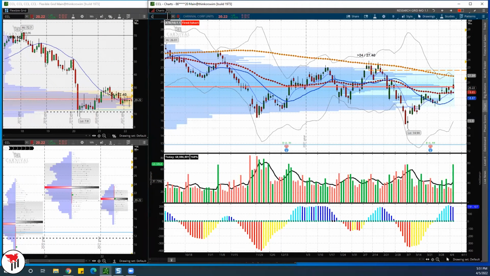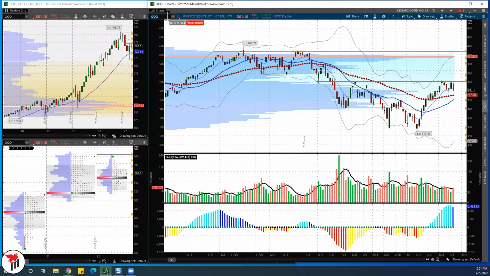So let's start with the Qs. We already did the Qs, and we have a game plan for the Qs. We're going to be looking for either the 372 again, and if not, we can take probably a momentum trade under 360 for 355, 350, 340, and let's see what's going to happen with that one. So that's the Qs. Momo, 372, under 360, momentum too, because it's going to be Momo both sides.